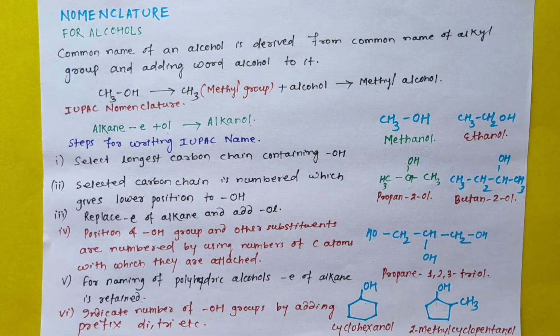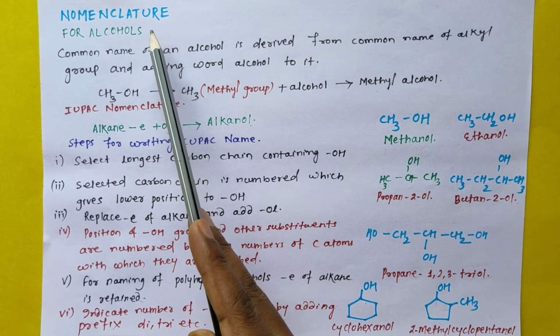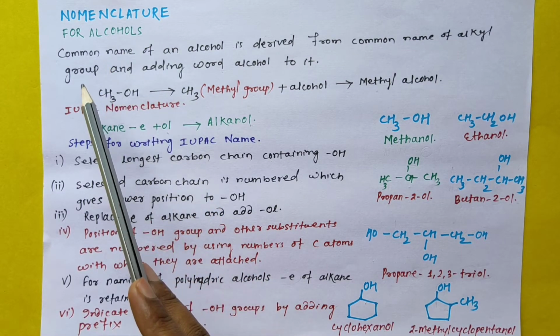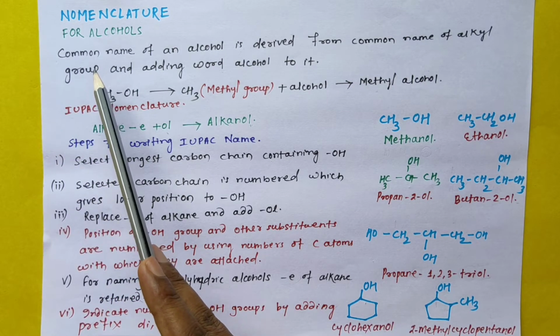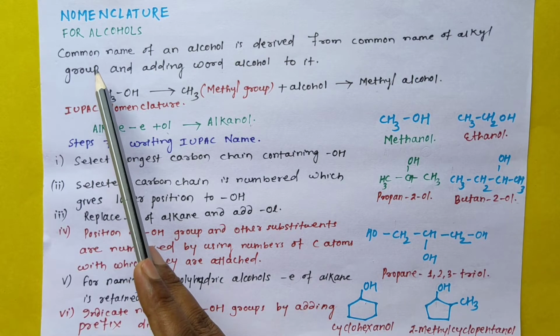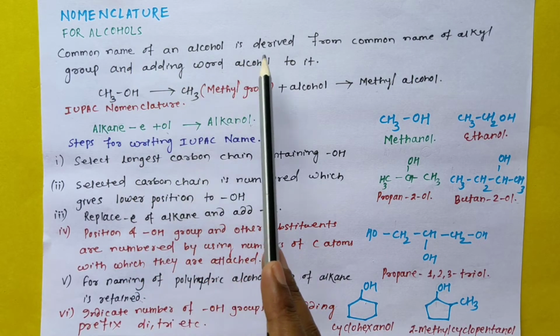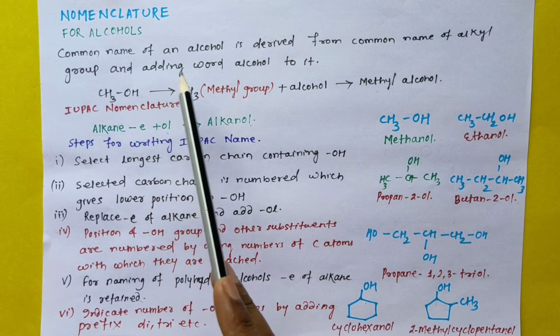Hello students, right now we'll discuss the nomenclature of alcohols. In nomenclature of alcohol, we'll discuss the common name as well as the IUPAC name. So, how is the common name assigned to alcohols? Let's discuss. The common name of an alcohol is derived from the common name of the alkyl group and adding the word alcohol